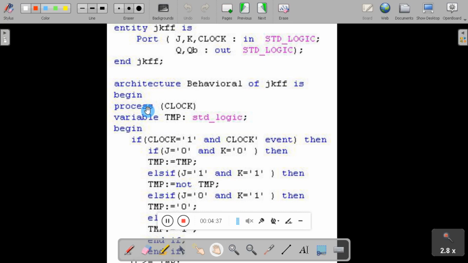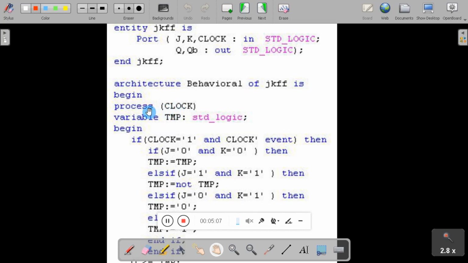Actually VHDL is a concurrent language, that means it will execute concurrent statements, but whatever statements you represent inside this process are always executed sequentially. The process is sensitive to the variables declared inside this round bracket. Here the process is sensitive to the clock signal, and clock is a user defined word.